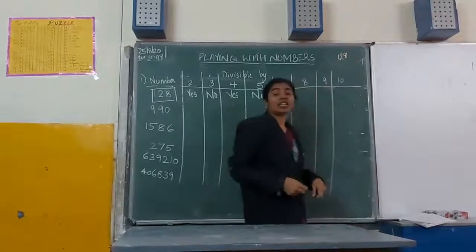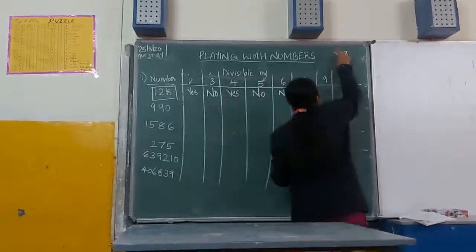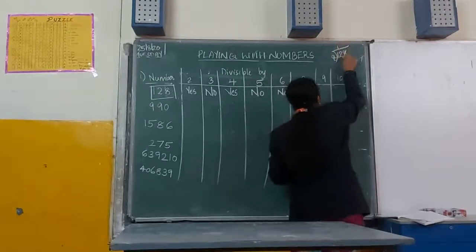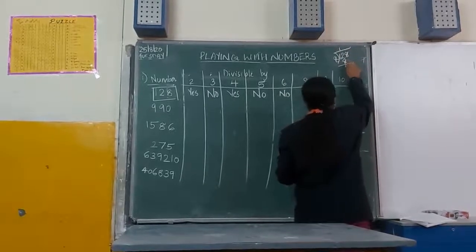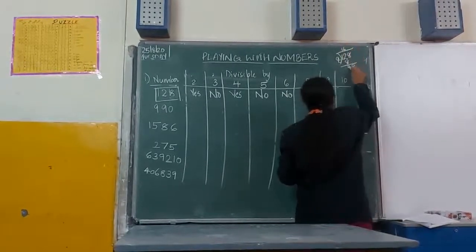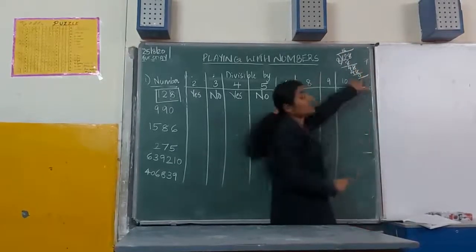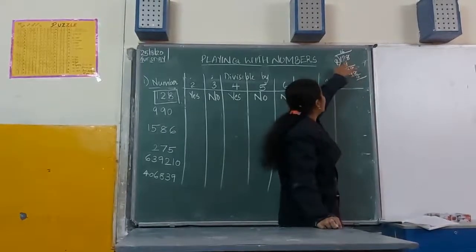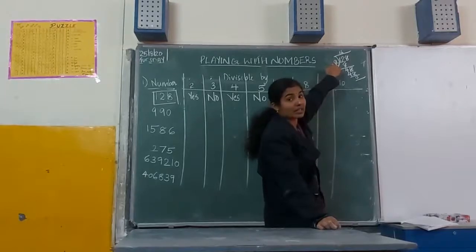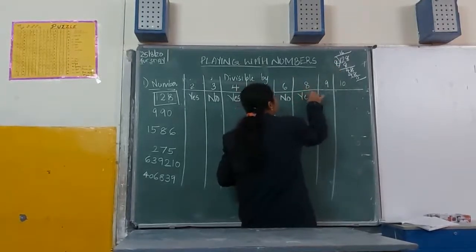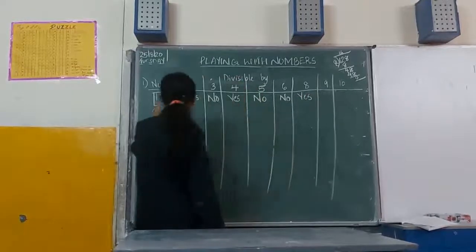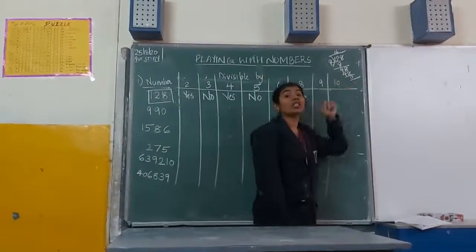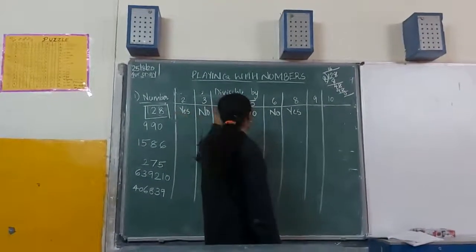Check the divisibility by 8. How to check it? By dividing this number by 8. What you will get? 8 ones are 8. See here, you are getting the remainder 0. So when you are dividing a number, if its remainder is 0, it means 128 is divisible by 8. So this rule is satisfied here. So here you should write yes. 128 is divisible by 8. When you are dividing the number, you are getting the remainder 0. Then we can say this given number is divisible by 8.